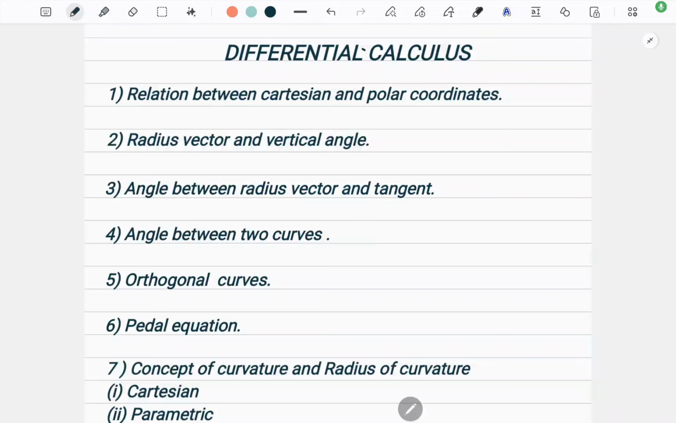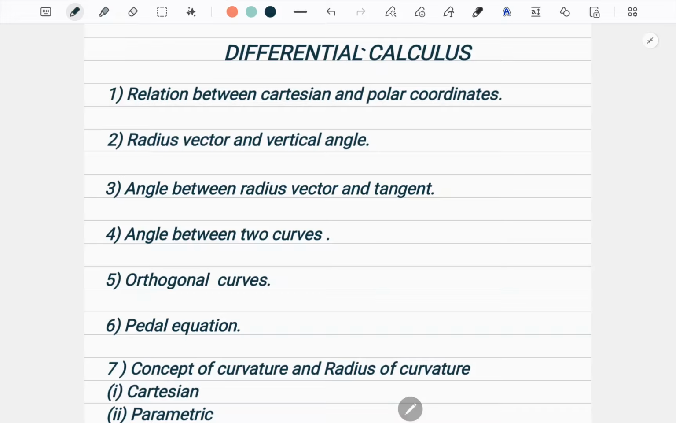Hello students, today we are going to discuss a very important concept, differential calculus. Now I'll create a playlist, topic differential calculus. Now under this playlist I will have around 10 videos, and what will be the topic that I'll tell you